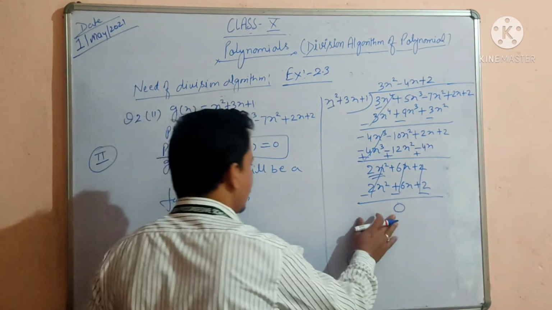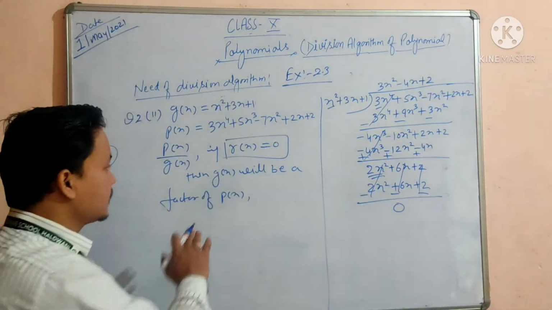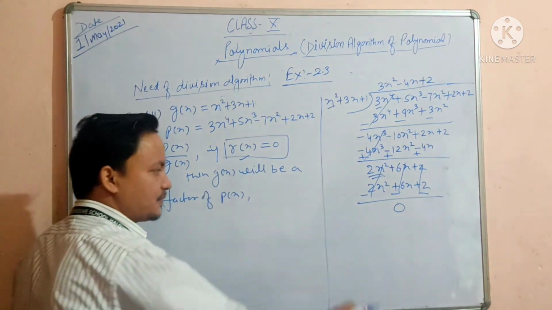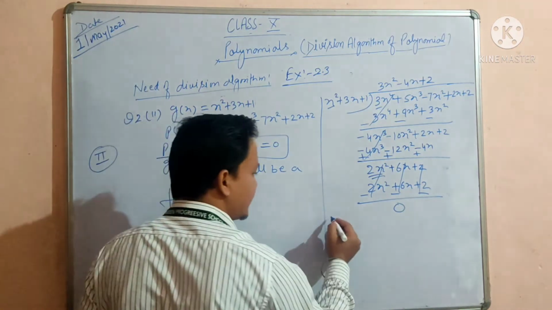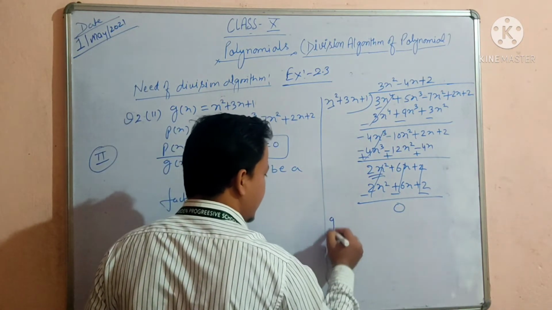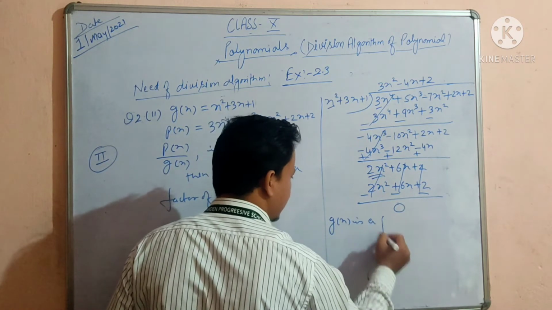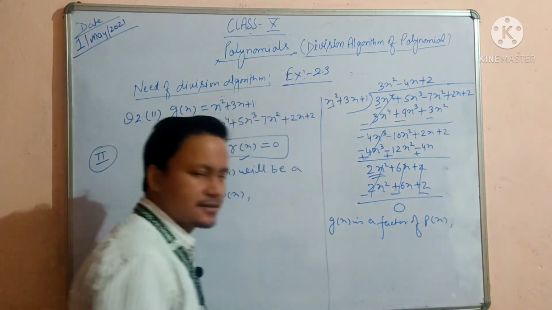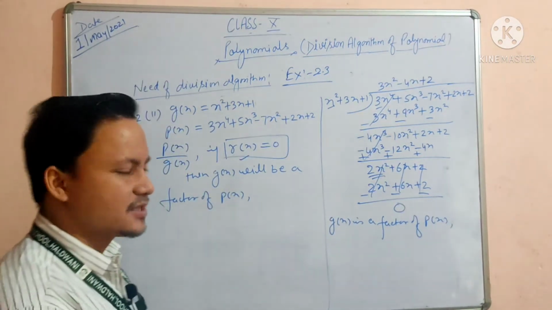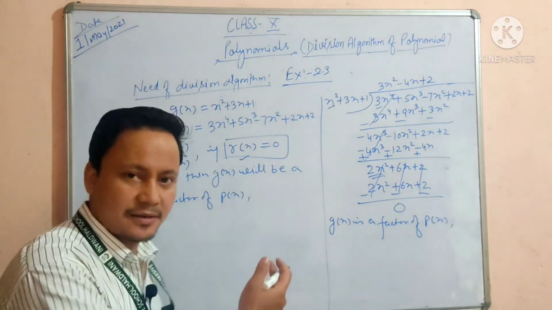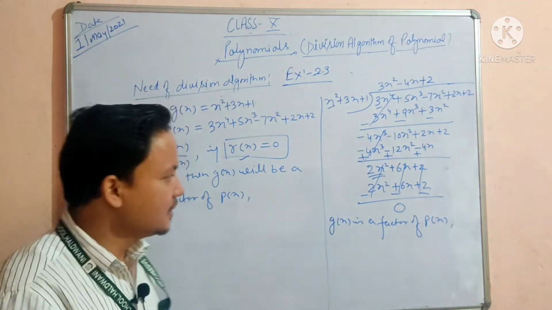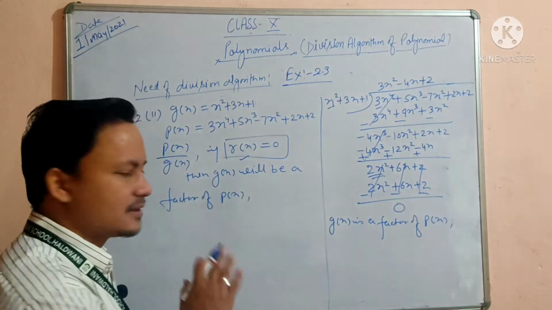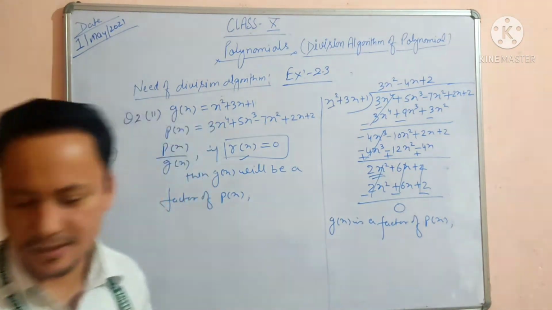So if the remainder is 0, then as I told you earlier, gx will be a factor of px. So the remainder is 0 here, so we can say that gx is a factor of px because the remainder is 0. So gx जो होगा, जिससे हम डिवाइड कर रहे थे जिस पॉलिनोमियल से, वो एक फैक्टर बनेगा. This is the second method बेटा, and first method I have already told you. मैं इसको फर्स्ट मेथड से भी सॉल्व करूंगा. Till then pause the video and take the screenshot.